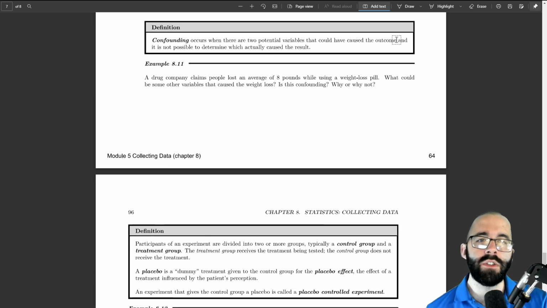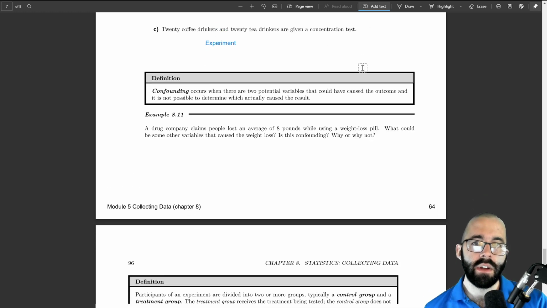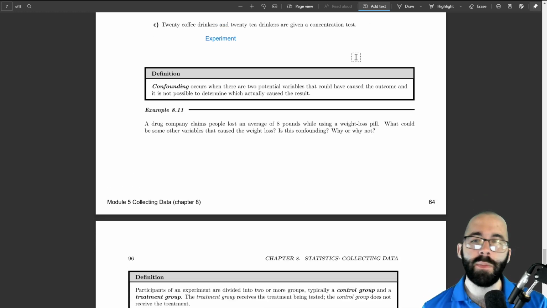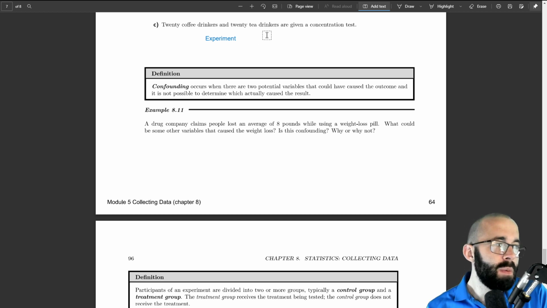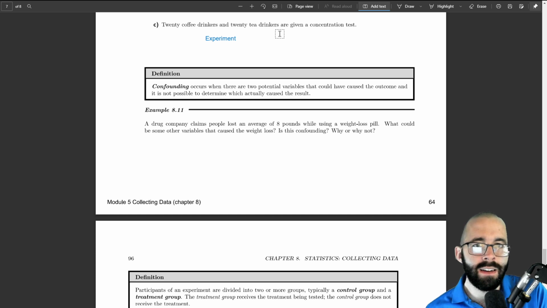Confounding occurs when there are two potential variables that could have caused the outcome, and it is not possible to determine which actually caused the result. So there are a lot of things in controlled experiments that we do to eliminate or mitigate this, which is why I didn't really like the previous examples because they're kind of lacking. For example, looking at this concentration test, we can't say the coffee is definitively doing this or the tea is definitively doing this, because the kind of people who drink coffee and the kind of people who drink tea are kind of different kinds of people, like,